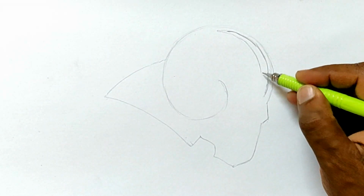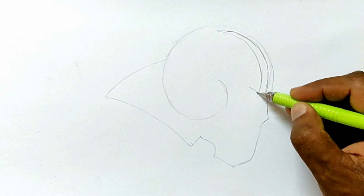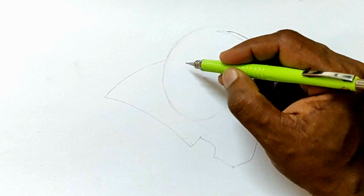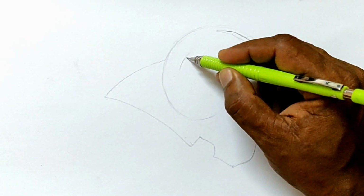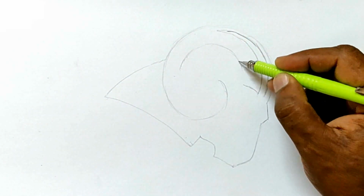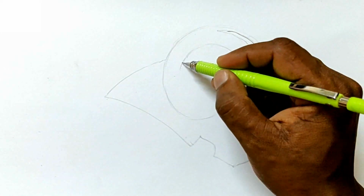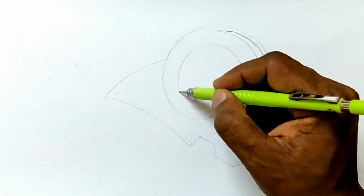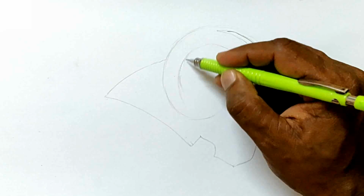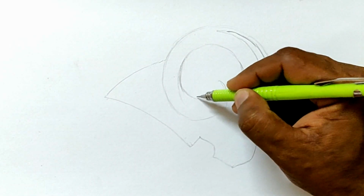It is not as complicated as it seems to be. You just have to take care of many lines, which may initially seem to be confusing, but when you have too many lines that are confusing, just follow one line at a time. Finish that particular line and then take another one. That way it will be much easier to draw